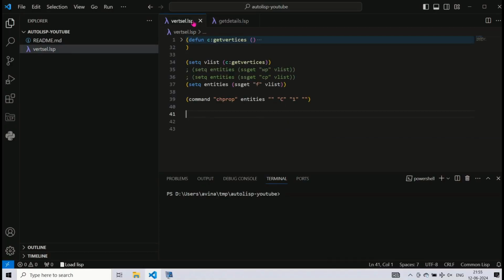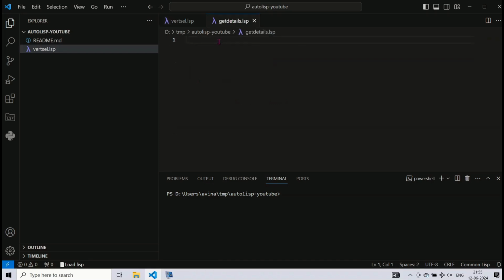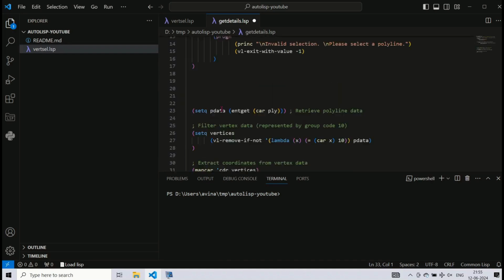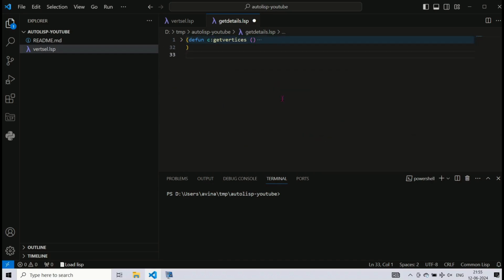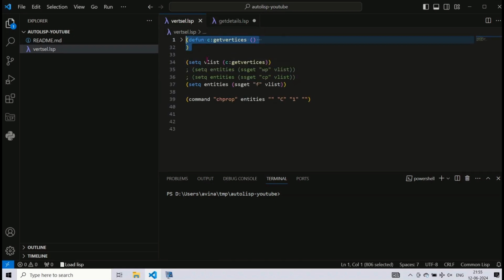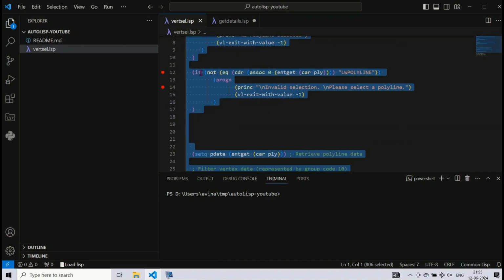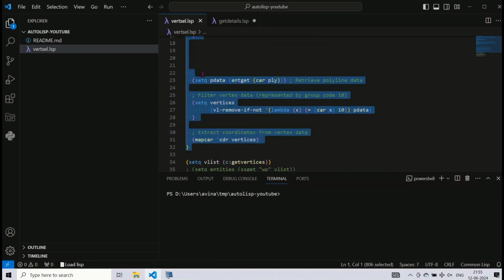We are using the same function named vertex list for getting the list of vertices of the selected polyline. Let's create a new file and copy the old code of vertex list in the new file. Visual Studio Code has a facility of comparing codes in two different files, or code in the current file with the clipboard. This is very handy, and we are using it here. We have copied the entire code of the vertex list function from the old file to the clipboard.